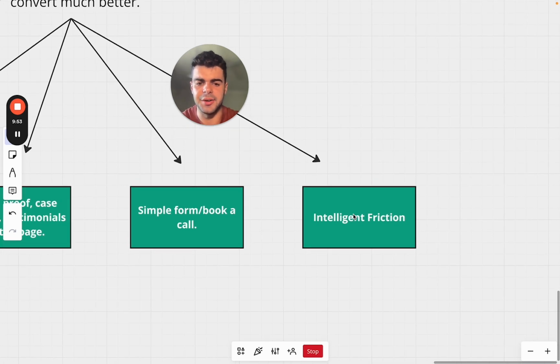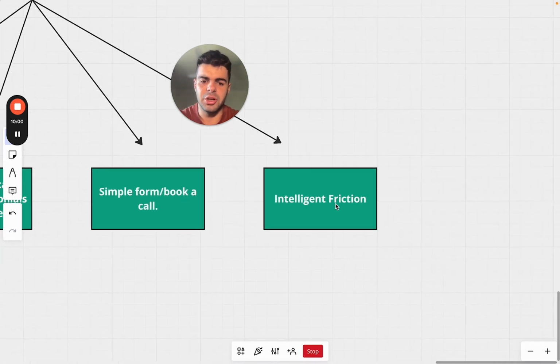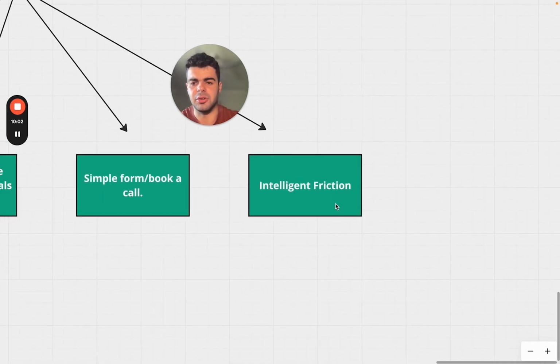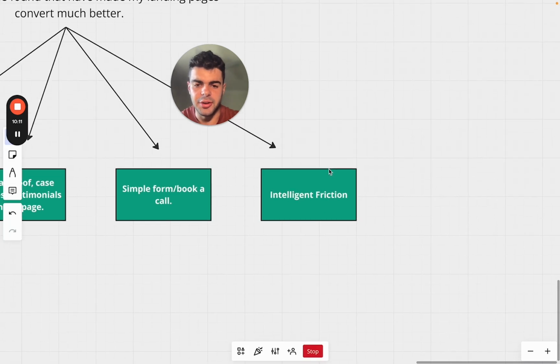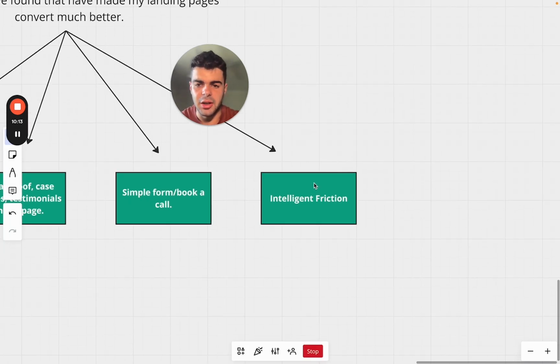So this is the main thing that I want to emphasize. If you're getting a lot of low quality leads in your funnel, have friction that is actually going to prevent the lowest quality leads from making it through, and the highest quality leads are going to be more likely to answer those questions. So questions include things like employee count,